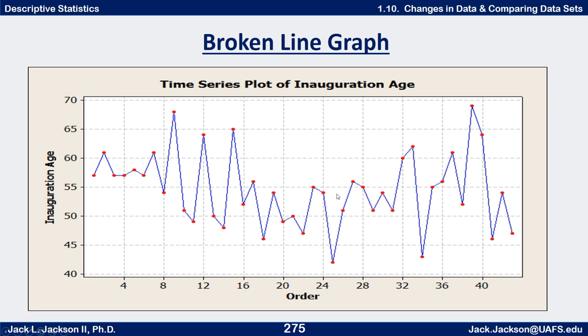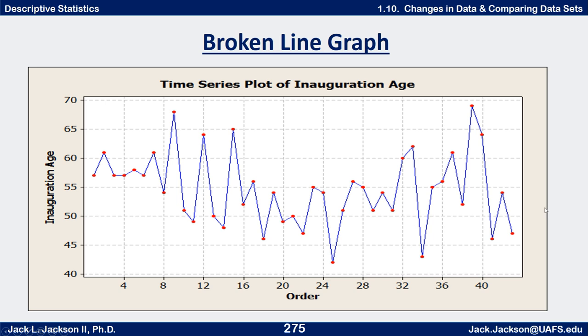Now, the question you might ask is, is there some sort of trend here? And I don't know, it's kind of hard to see any particular trend here. But if these data had started high and went down, we would say, okay, well, over time, they're favoring younger people as president, or if it had been going the other way. Or maybe if every time there's an older person, then there's a younger person the next time, so there's some reaction there. And we're not really quite seeing that.